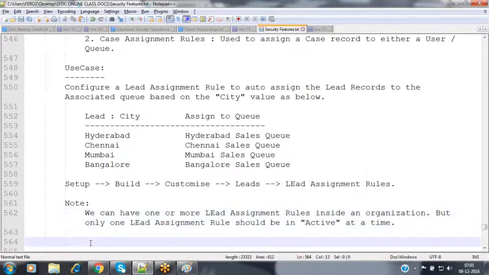Not more than that. You may create multiple lead assignment rules inside an organization, but only one rule will be active. That is a limitation given by Salesforce. Now let's see how we can configure this lead assignment rule.